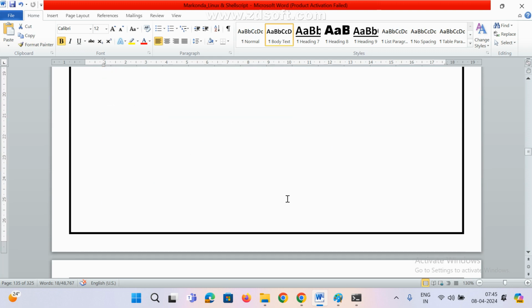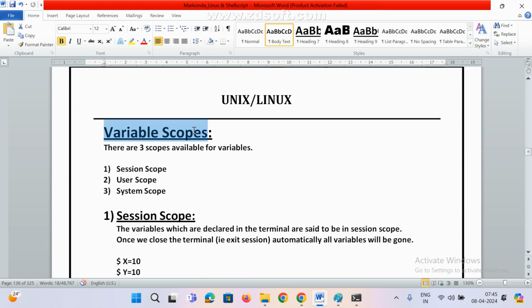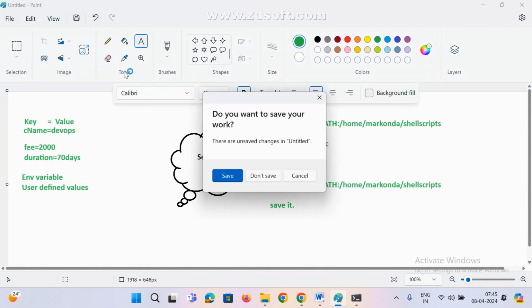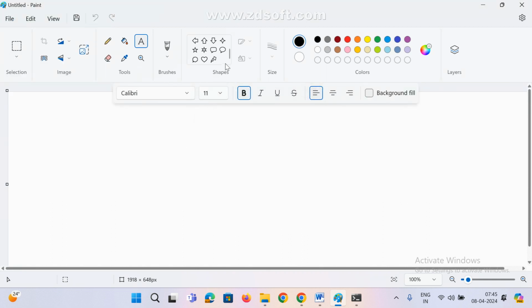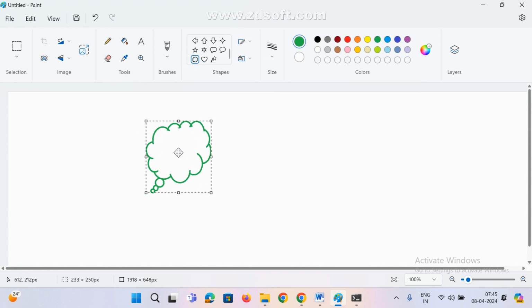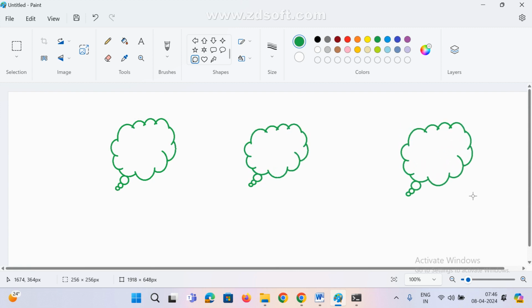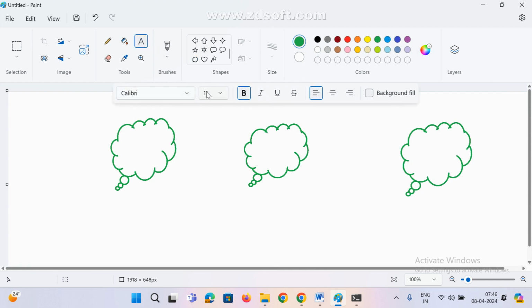Yes. Okay. Now, there is scope of a variable. Usually there are three types of scopes, guys: session scope, user scope, and system scope. First try to understand session scope. Session, you already know, right? We just discussed it. What is session? Session is nothing but